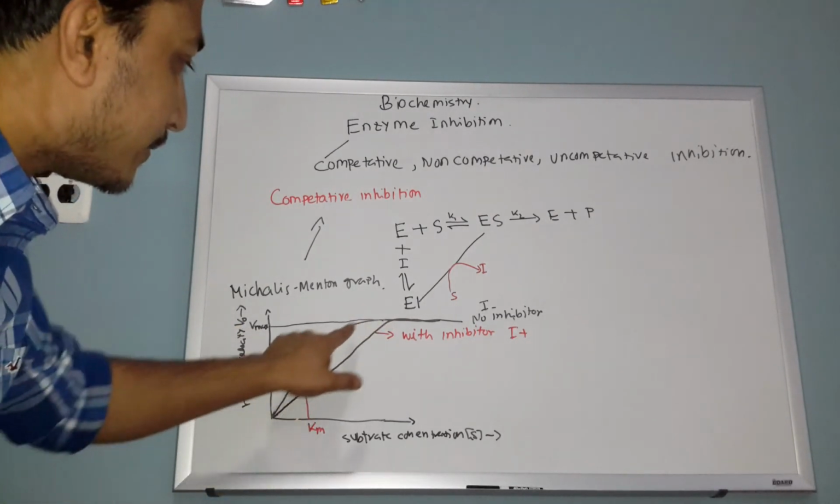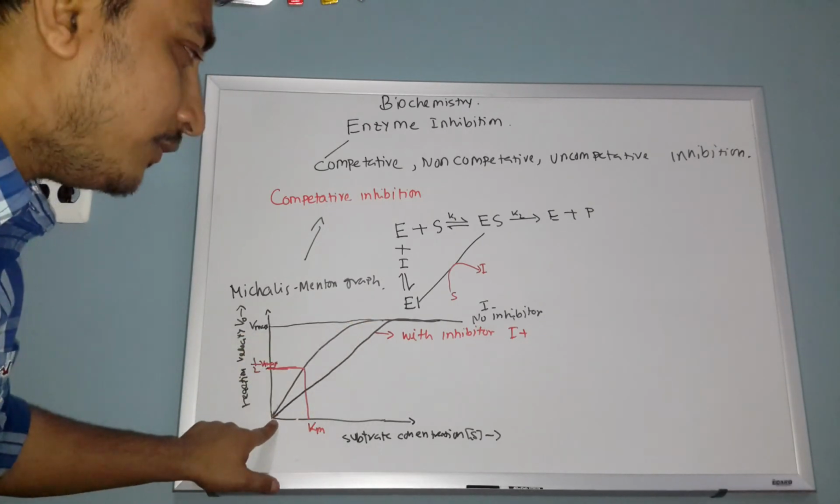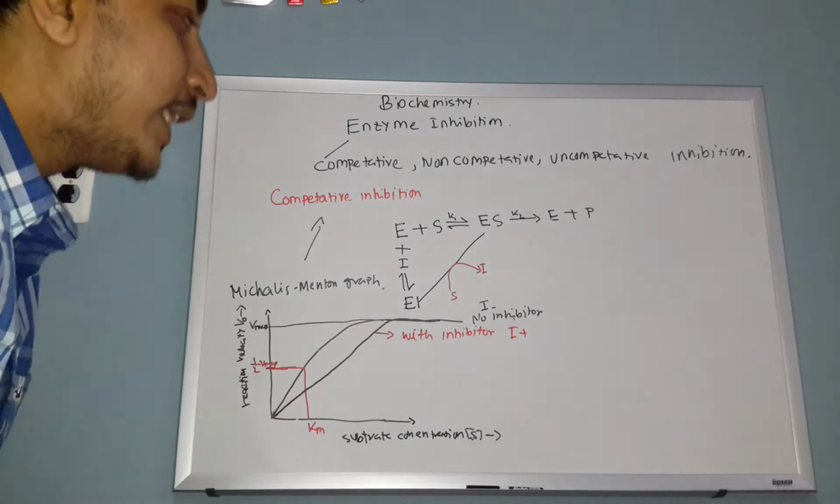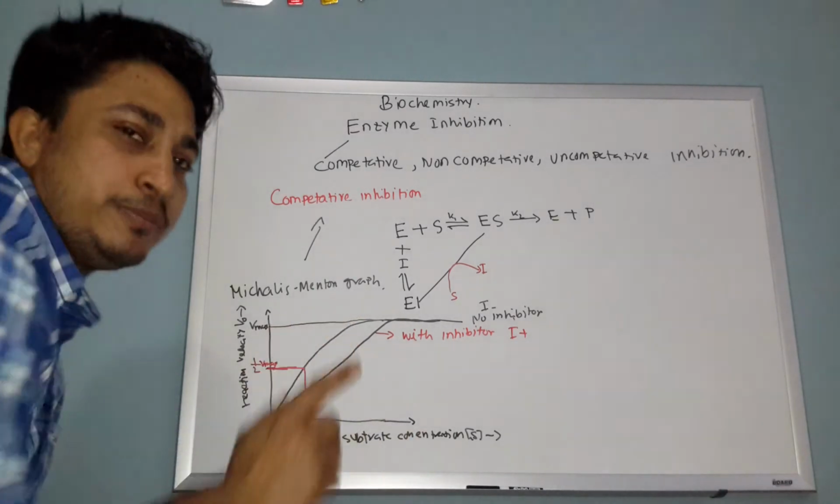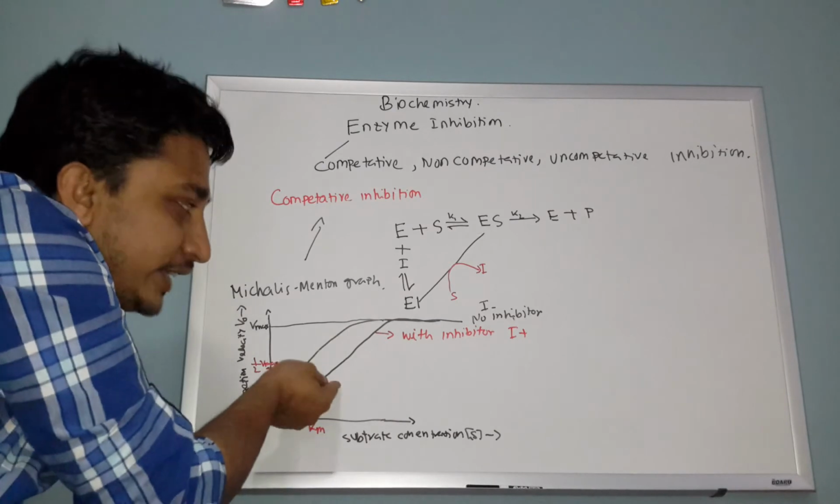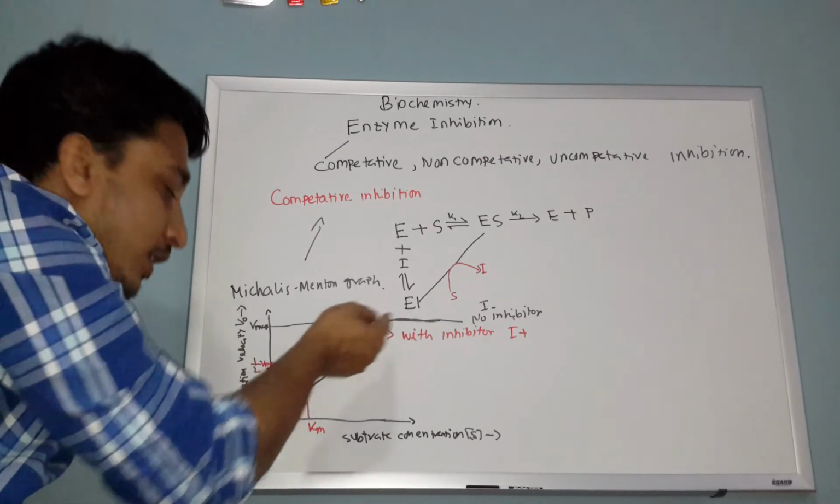Before, this one reaches the maximum velocity there. Then the second one, with inhibitor, reaches the maximal velocity here. So what happened? Vmax does not change. You can write Vmax does not change. How does it not change? Because in some place, with inhibitor, this one touches the maximal velocity, and this